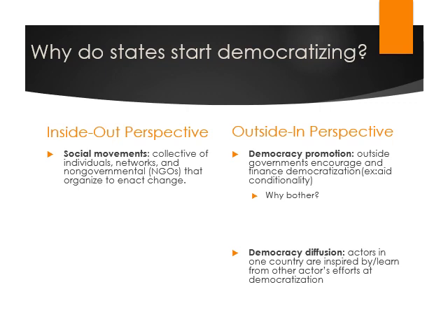Let's switch over then to the outside-in perspective. Here we're looking at how actions outside of the country lead the country to change from within. So one outside factor is democracy promotion. This is where governments around the world encourage another country to start transitioning. This could be through diplomacy, it could be through mediation, or it could be through shaming. So they could try to argue their case that the country would be more ethical, more moral, better protector of human rights if they democratize.